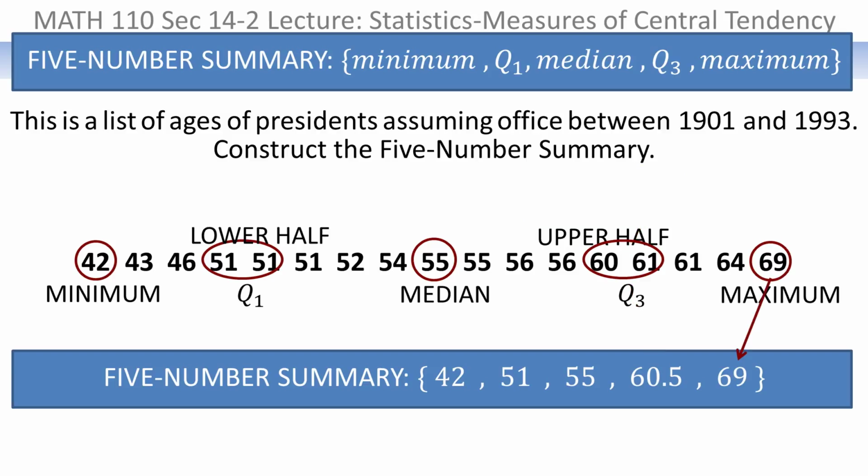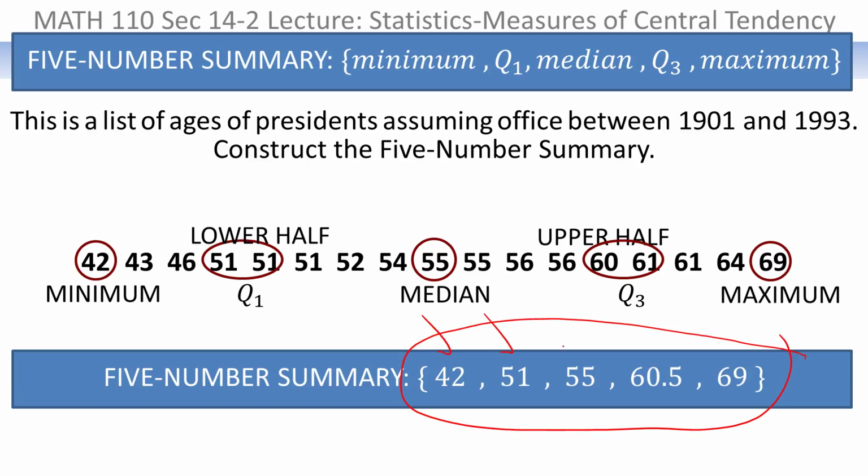And then the maximum is the 5th number. And voila, you have the 5-number summary. That's the minimum, the first quartile value, the median, the third quartile value, and the maximum. 5-number summary. Very straightforward. So what we're saying is those 5 numbers capture some essence of the value of the